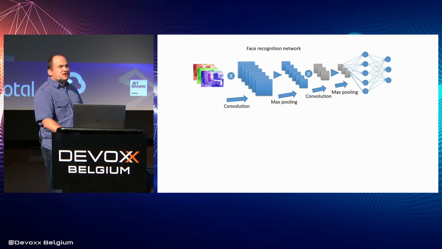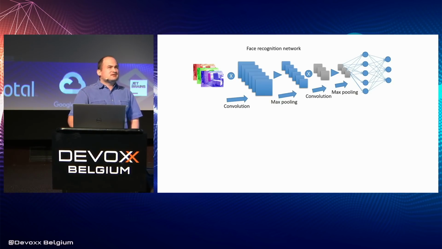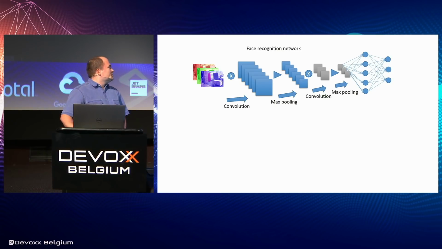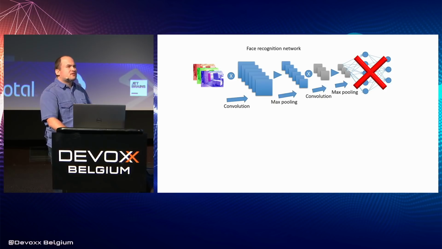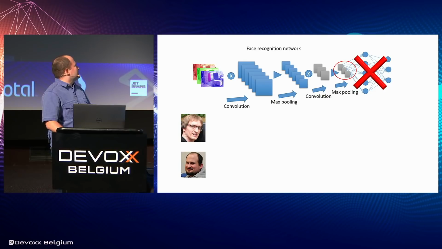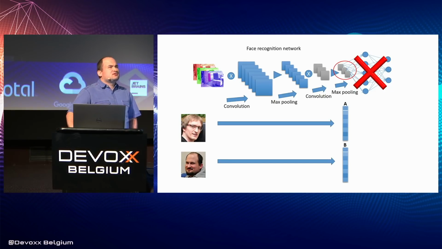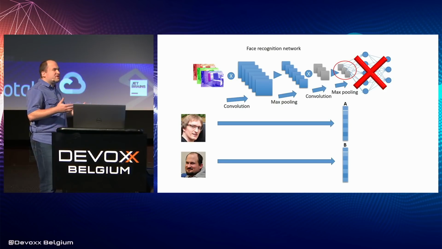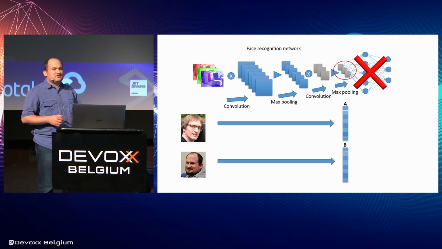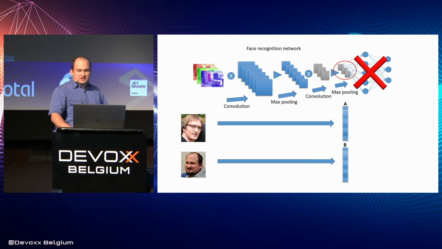So we'll use an existing network that was trained for some task. In this case, it is a network trained for face recognition. But we will remove the classification part, which means that at the end we have a feature vector. So when we feed the network with faces, we have feature vectors, and we can compare them. But the problem with these feature vectors is that the network was not trained to maximize the distance between them. That's why we won't use simple Euclidean distance between these feature vectors, but we do a trick.